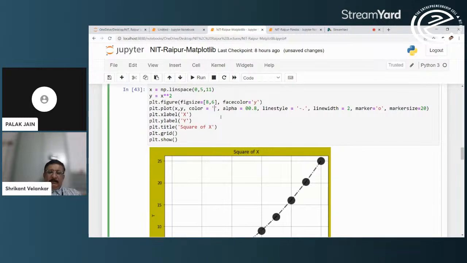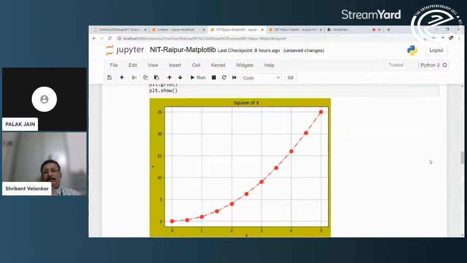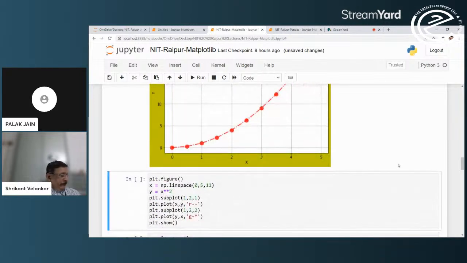Okay, I can do it in color equal to red, and whatever changes, marker sizes थोड़ा छोटा करना है तो हम लोग छोटा भी कर सकते हैं, like that. Okay, so you will see that the markers are changed, everything is changed to red, and the markers which were too much gaudy according to me, there were too oversized, now I've gone to the correct size. Okay, moving ahead,